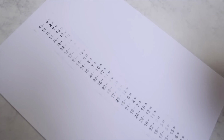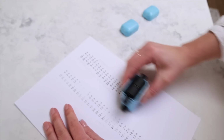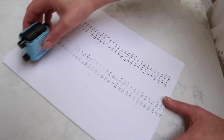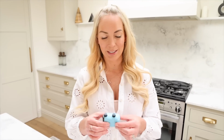Ours is quite well loved. The boys have been using it for a few weeks, but it also came with extra ink as well, and then this side is addition. And you can also get it in subtraction, in multiplication and division as well. But you can just obviously do a roll and then say, okay, answer them. The boys think it's really fun, really cool. It encourages maths. I know there's loads of different apps and things that you can use out there, but this is so cool. The next product that I wanted to share with you guys is a remote retriever, and this